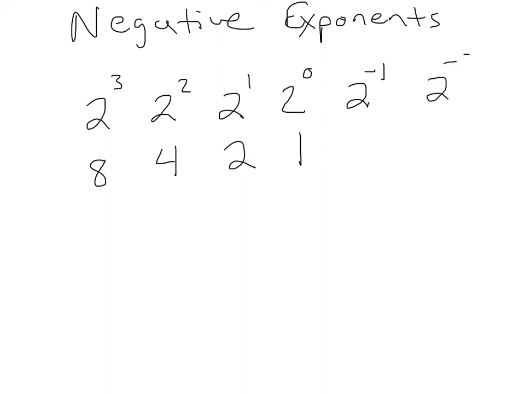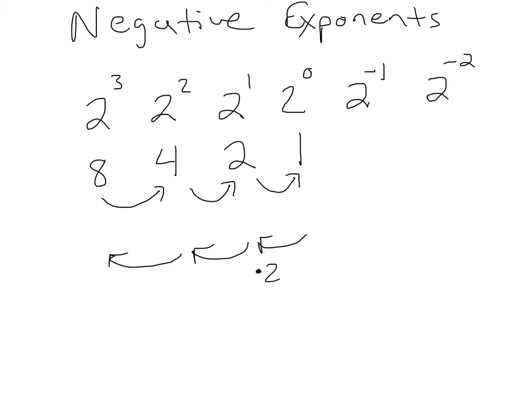2 to the negative 2, I don't know what that is either. But I do know that as I'm moving this way, maybe you see a pattern. Especially as you're moving this way. I hope you can see the pattern, because we're just multiplying one more 2 as you move from right to left here. Multiplying 2, and so on. In order to move backwards then, I think you'd be dividing 2